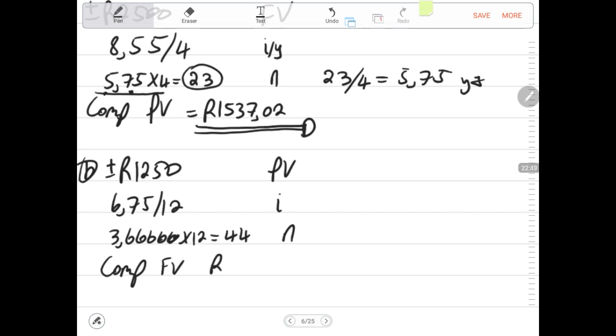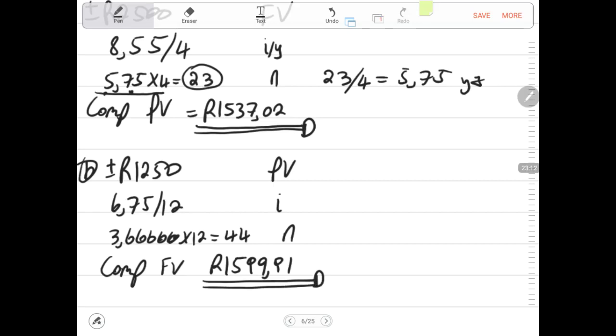Then after, we have 44, which is our n. Then what are we looking for? We say comp FV. The future value is 1,599 rand 91 cents. So this will be the amount that will be in the account at the end